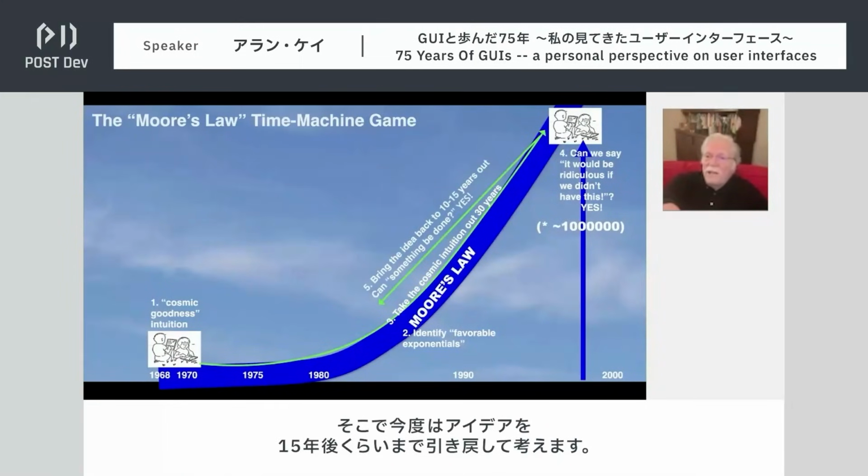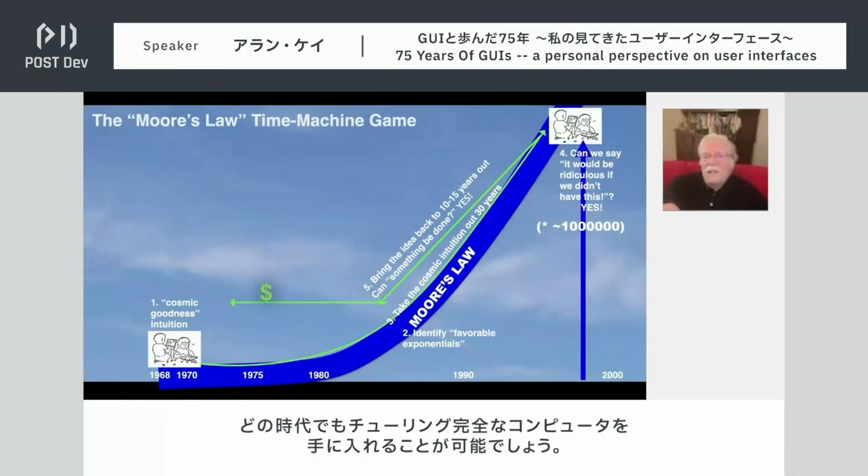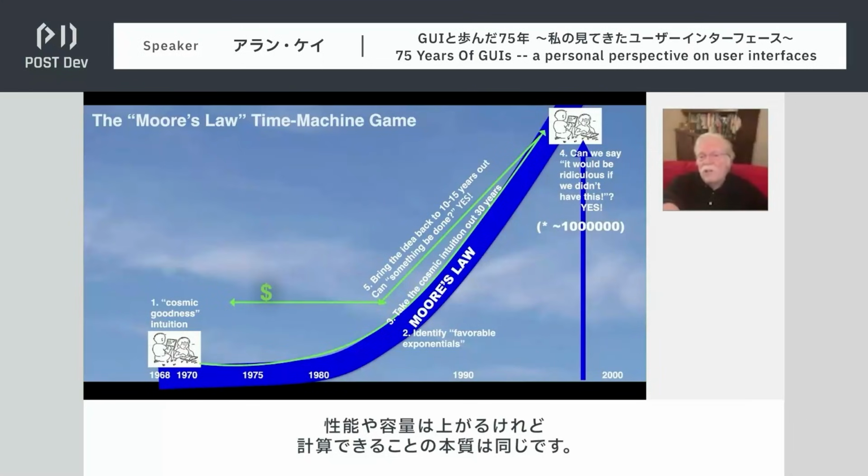So then you bring the idea back maybe halfway, 15 years in the future. And then if you have a sponsor, you decide, well, I can spend money because Moore's law is basically going to give me a Turing complete computer in every era. It's just going to be faster. It's going to have more capacity, but it's going to be able to compute the same things.